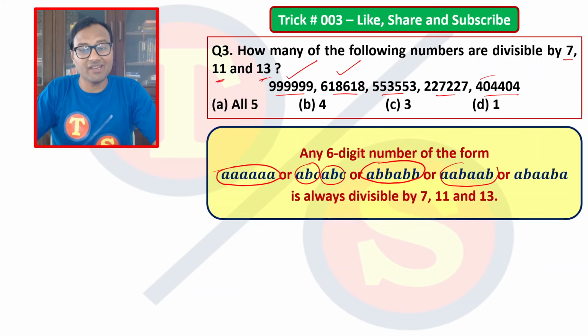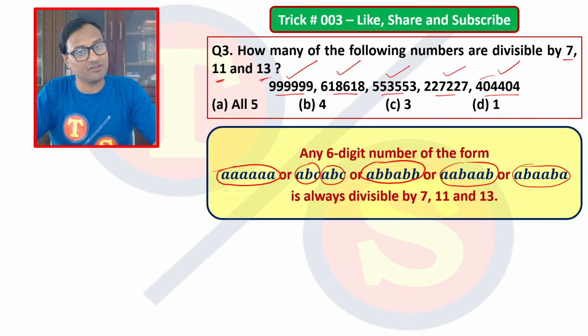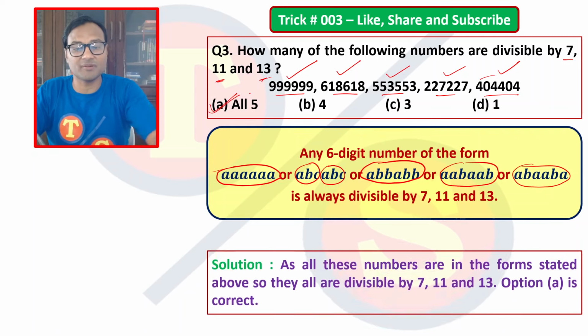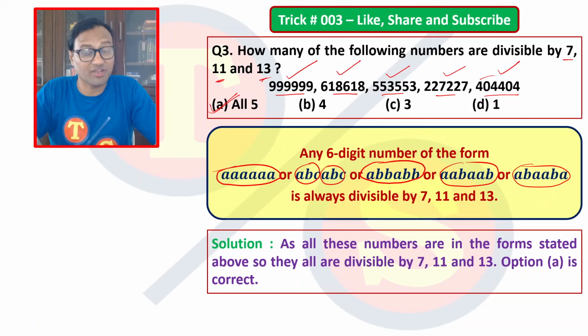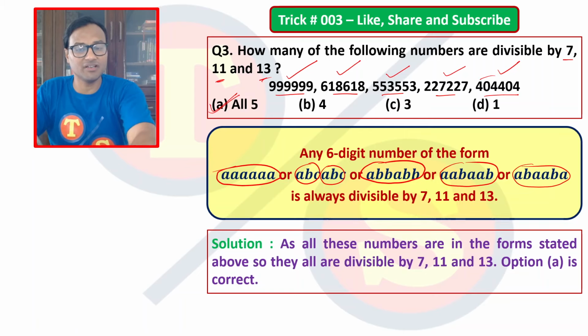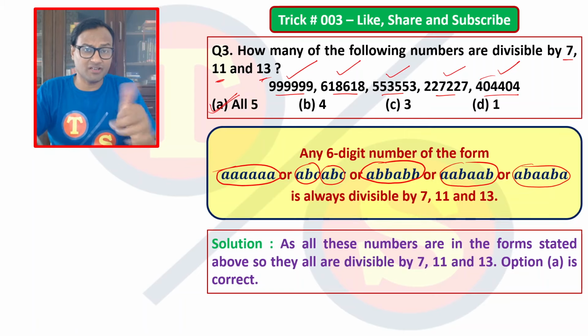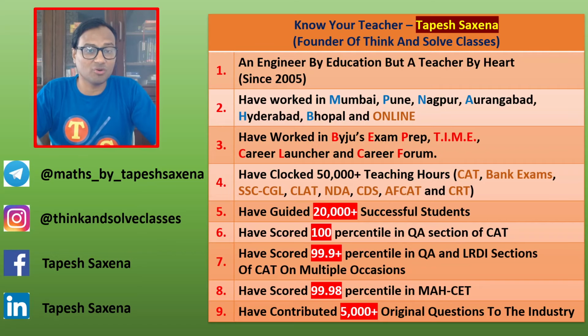Then we have AAB and ABAA, right? So all these are going to be 100% divisible by 7, 11 and 13, which means that all these 5 numbers are divisible by 7, 11 and 13. Okay, so you always remember it. This is a very frequently asked concept in the examination. And then if you see question number 4, okay, so before question number 4, you can just go through my